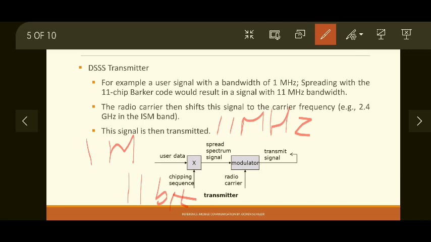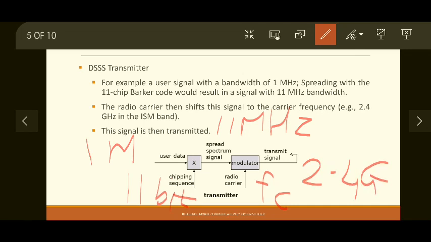So to take it to a much higher frequency level, like the commercial frequency band of 2.4 gigahertz in the ISM band, we have to modulate this signal with a radio carrier of such high frequency to generate a larger frequency signal. So this 11 megahertz signal is applied to a modulator which accepts another input as a radio carrier, let's say of frequency Fc, which will be much larger than 11 megahertz, but still in the megahertz region. Then after modulation, it will generate our desired signal of frequency 2.4 gigahertz.